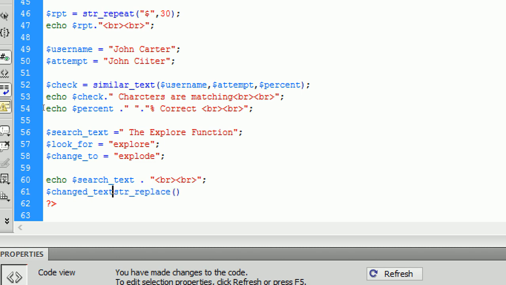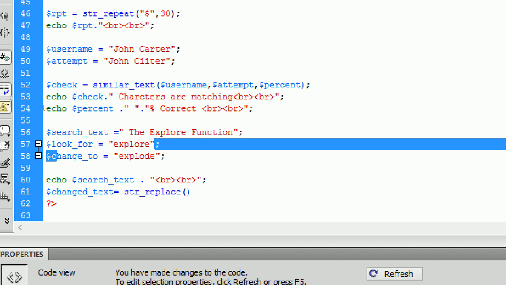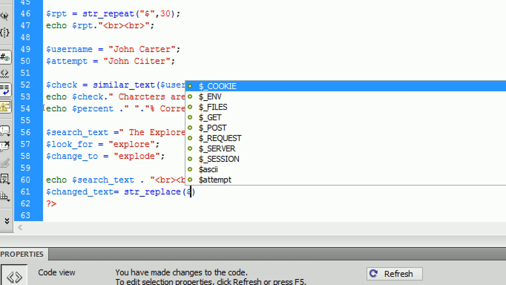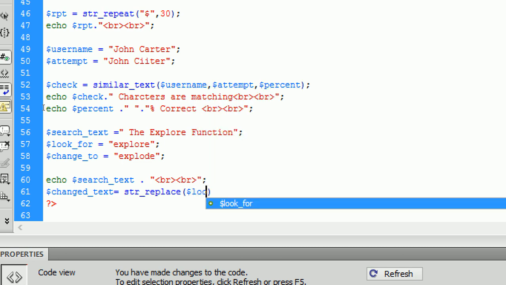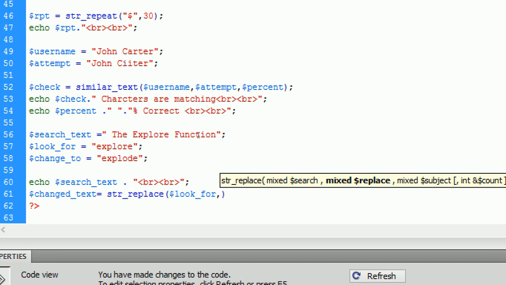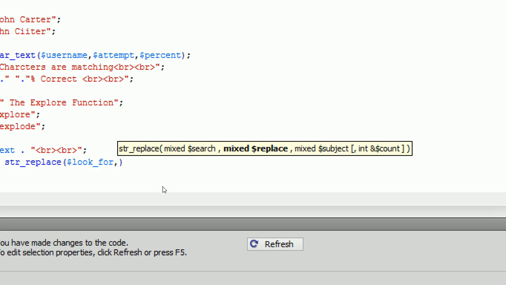The text is changed. So in this function I want to change the explore with the explode. Clear? So I'm giving the value, the first parameter. So that is the look for, comma, and I want to change, look at here, string replace search, what you